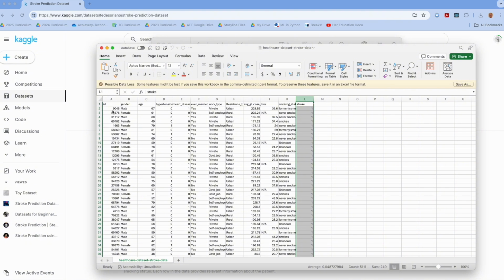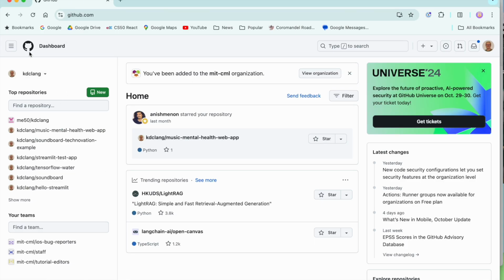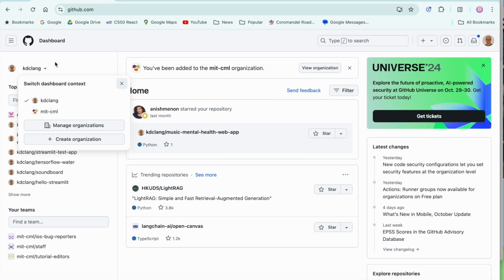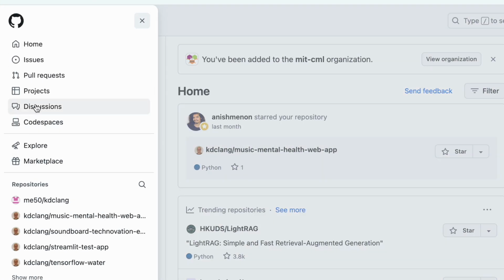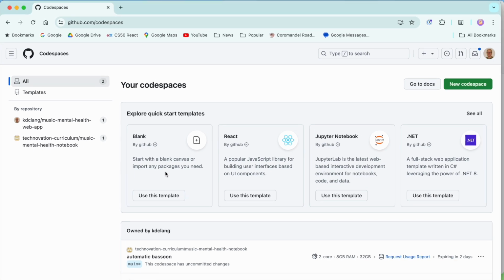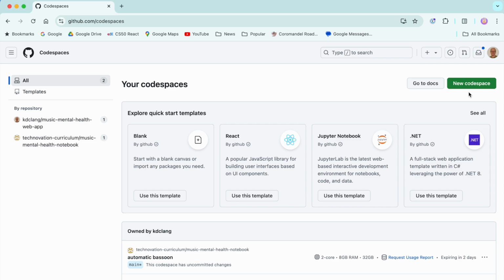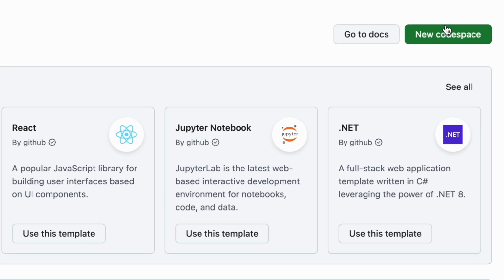So we're back here in GitHub, so you should be logged into your GitHub account. We're going to work on another Jupyter Notebook, so we're going to work in GitHub Codespaces. You will go to your main dashboard. We want to go to Codespaces. We're going to create a new Codespace